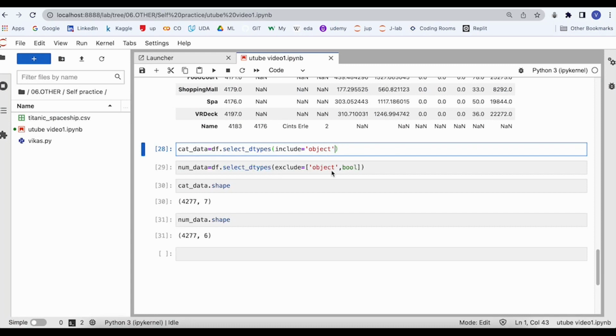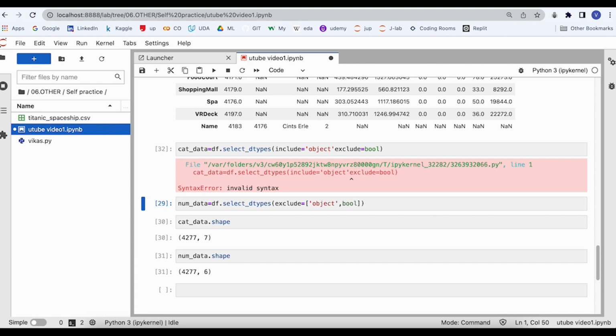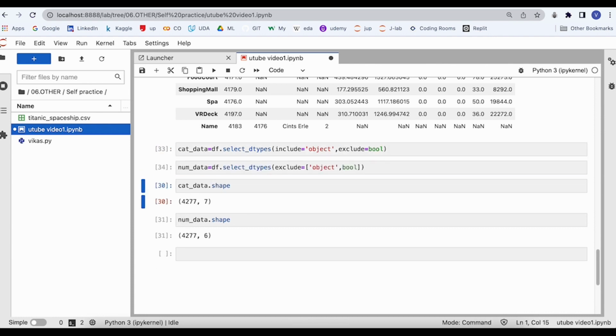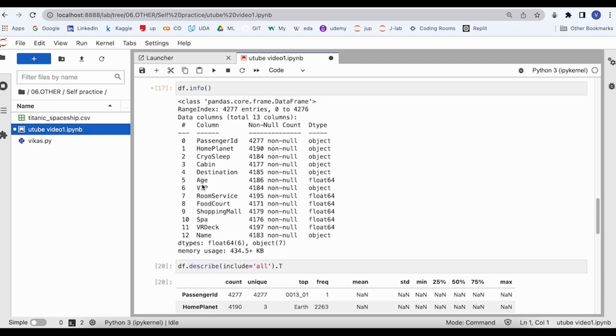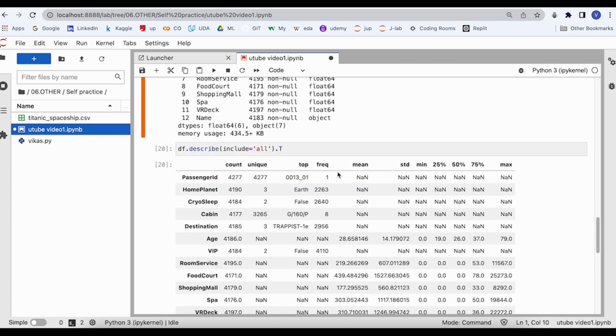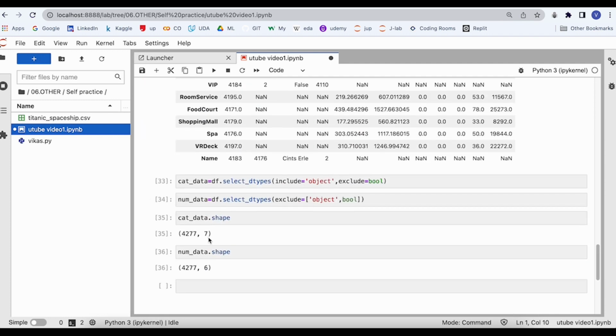So here we include object, and we will do exclude is equal to bool, just comma. Still 7 and 6, so total 13 columns. So actually it's not coming because this cryo sleep is object type, so it's not the boolean category. So that's why 7 and 13, if we check